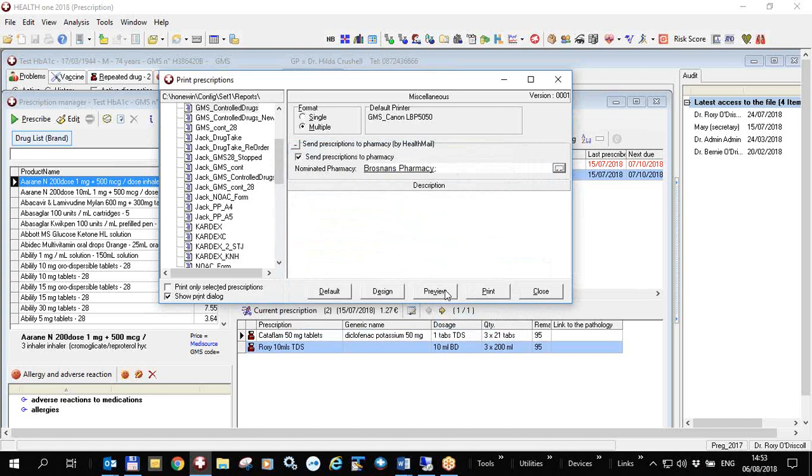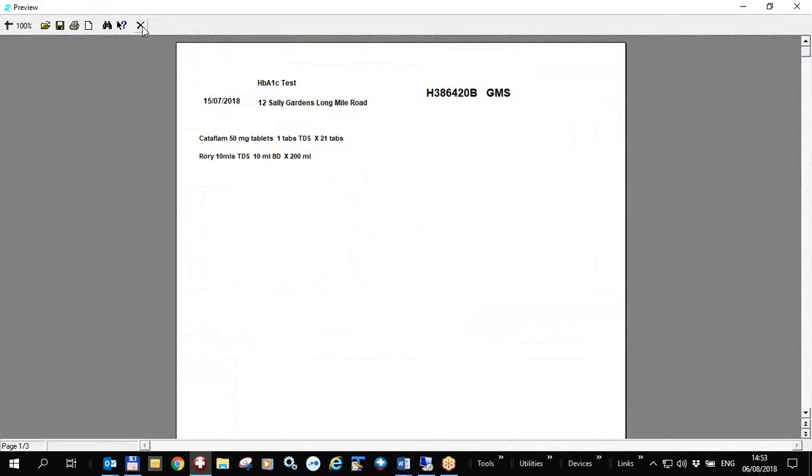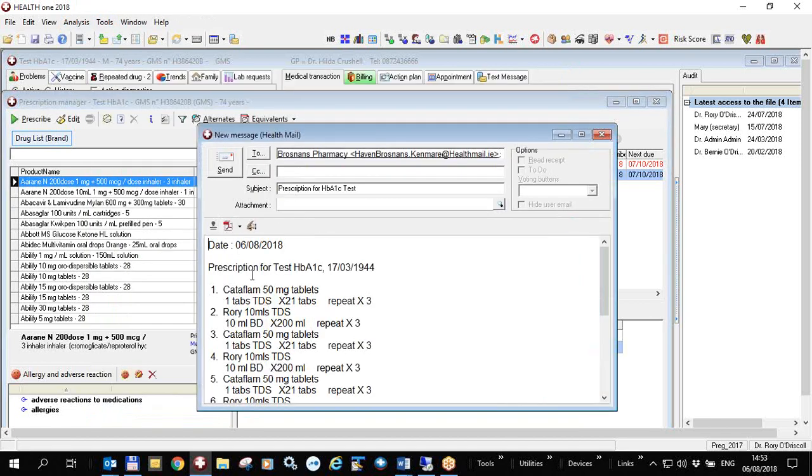printed. Very often it should already be printed and the doctor is validating the prescription before it is allowed to be sent to any pharmacy, either physically or by email. So if I just go preview, it would do the same thing. I don't actually physically have to print it on this occasion, and I will get a dialogue up to send